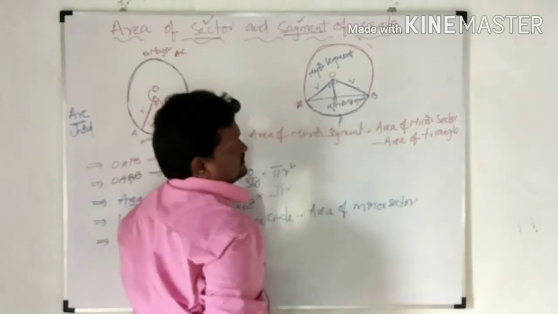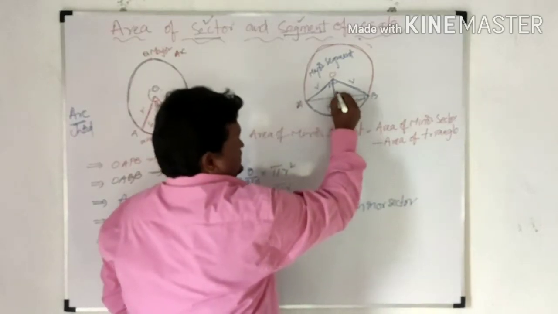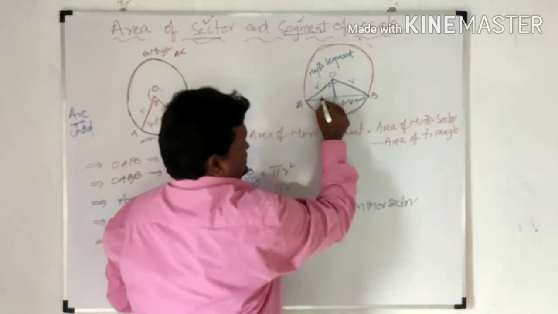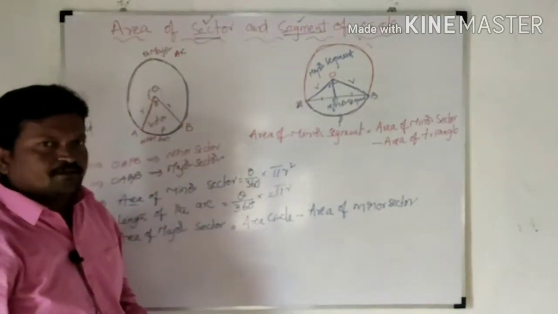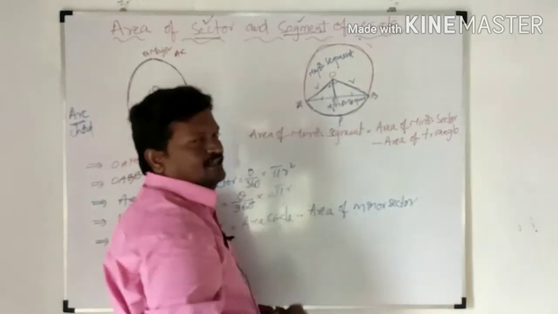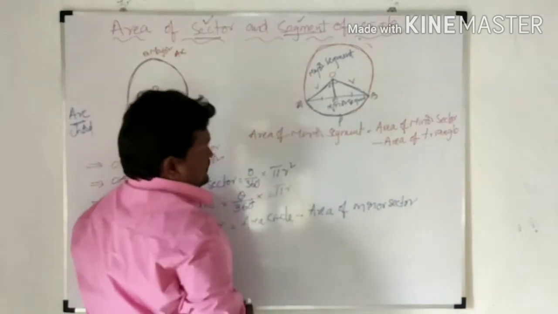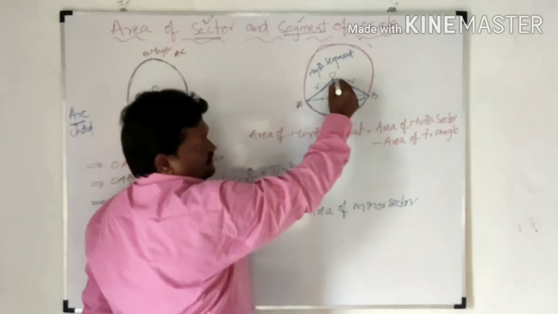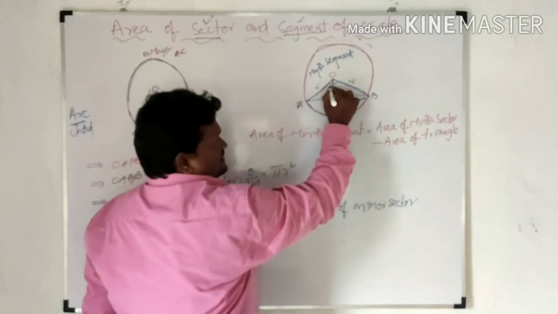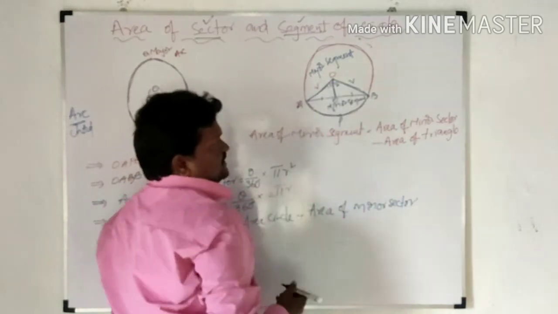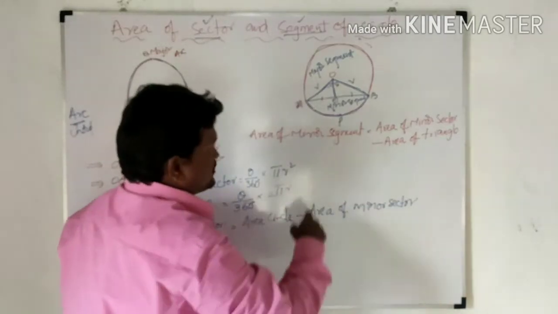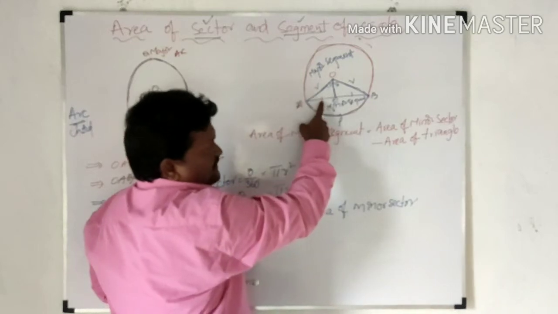Let it be C. This OC divides the line segment into two parts, AC and BC. These two parts will be equal. Why? Because it bisects the line segment AB. So, for example, if they give an angle of 60 degrees in the question, then this angle becomes 30 degrees and 30 degrees. By using trigonometric ratios, we can easily find this side.